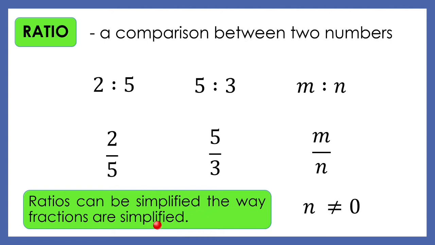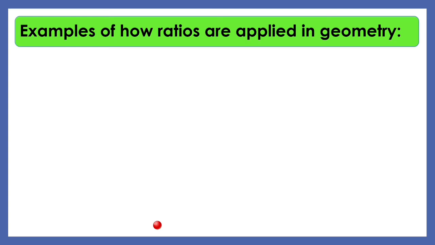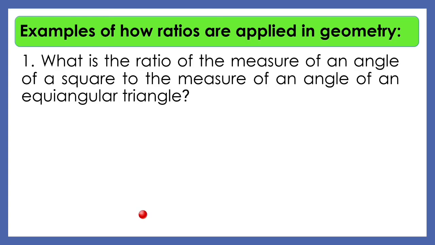Let us now have examples of how ratios are applied in geometry. We have here the examples of how ratios are applied in geometry. Number 1, what is the ratio of the measure of an angle of a square to the measure of an angle of an equiangular triangle? Para makuha natin yung ratio nila, kukunin muna natin yung measure ng angle ng square and then yung measure ng